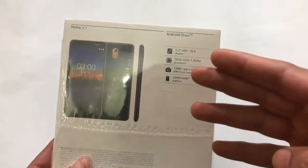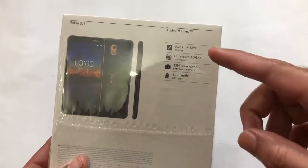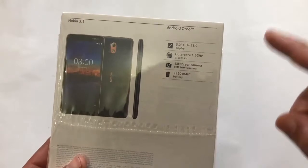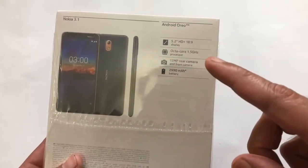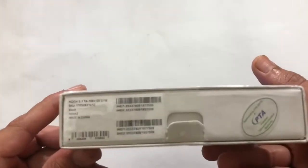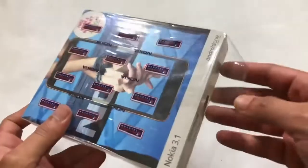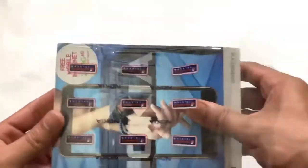You can see it is a 5.2 inch HD plus display, which is 18:9 aspect ratio, and this is an octa-core 1.5 gigahertz processor by MediaTek, and I think it is the MT6750. The rear camera is 13 megapixels, the front facing camera is 8 megapixels, and a huge battery of almost 3000 milliampere. We do not have any other specifications. This one is in black color, you can clearly see, and it is running Android 1 in this device. So let me just bring this out of this box,